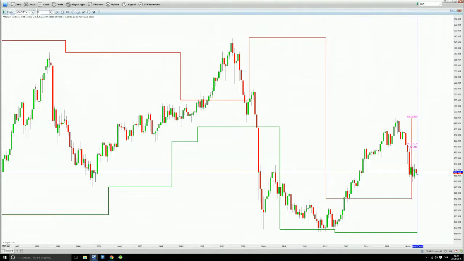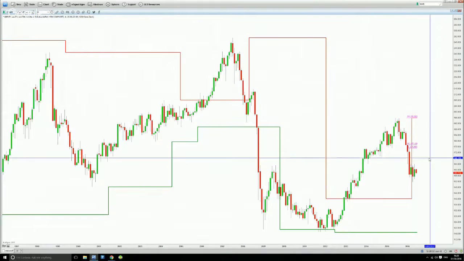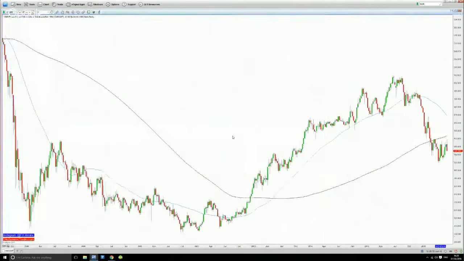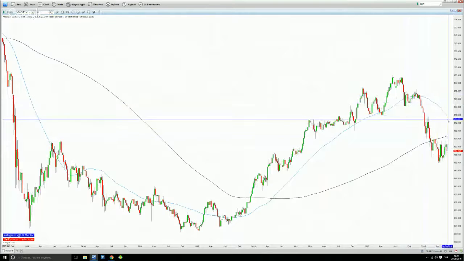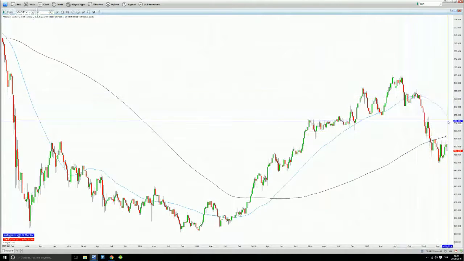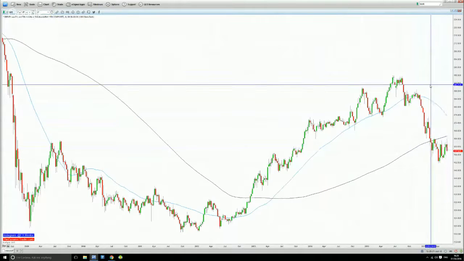You can see that in recent times it's just gone sideways. Red, green, red, green, red, green. And where is it doing that? 160. What does 160 represent? It's a round number. Okay, so 160 is a round number. It's unsurprising. Now, if we look on the weekly, below the weekly 200, below the 50, okay, so we have a bearish bias and we have a bearish trend. But right now, it's just been going sideways, not really going anywhere.